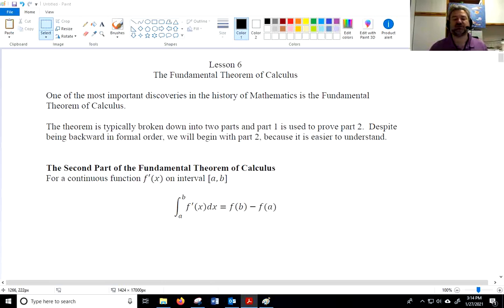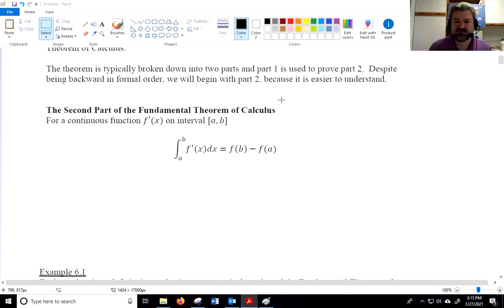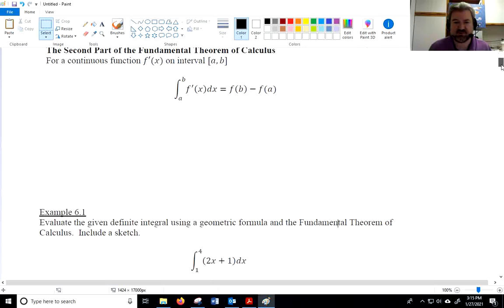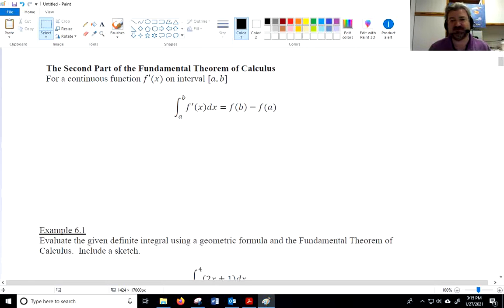So we're actually going to learn what I'm calling the second part of the fundamental theorem of calculus, or part two. And then in the next unit, we'll come back and pick up part one and complete the fundamental theorem. But you'll hear people say the fundamental theorem of calculus, and they basically mean the whole thing, both parts. But it could be either one. So let's start with what I'm calling the second part of the fundamental theorem of calculus, even though it's just